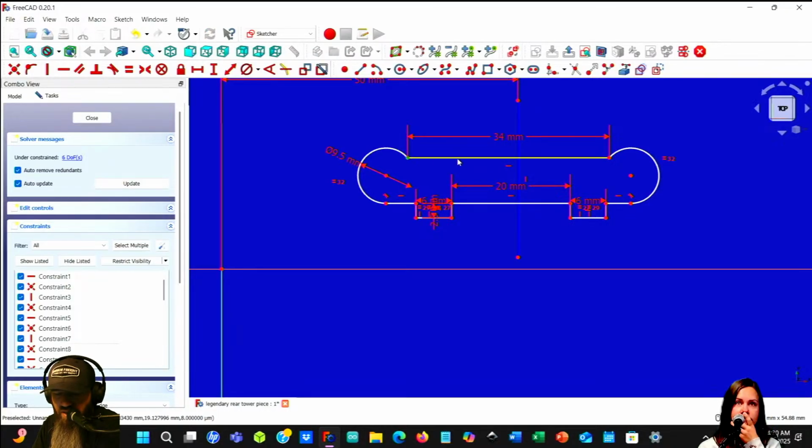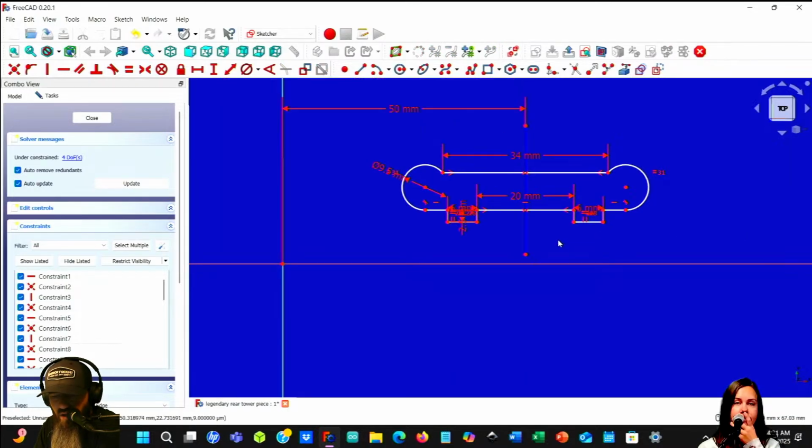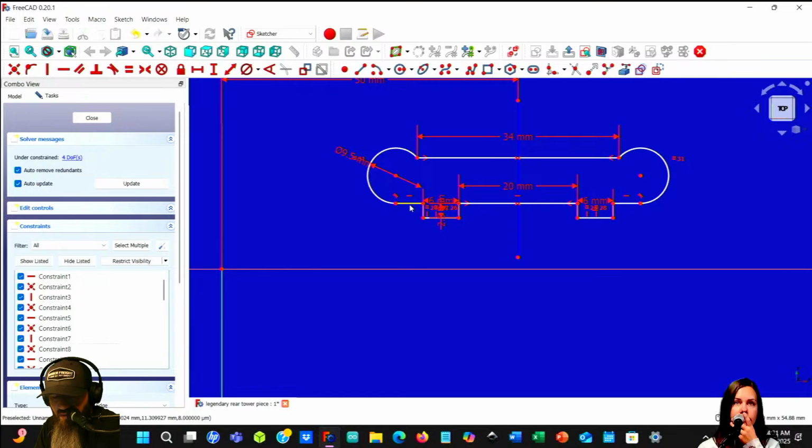And then I'm going to take this line and this dot, and I'm going to do this button right here, which forces it to center around that line. And then I'm going to do the same thing for this. And what that'll do is center this line to that line. So now all of that is centered, and I don't really have to think about it. So now the only parts that I need to define are this line and this line, which should equal each other.